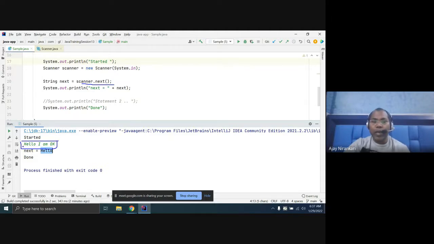So whenever you say hello and then a space, it is broken. You are getting only the first element, not the second, not the third, not the fourth. So you are getting output only hello from next. I want at least the whole line, not only the first token.